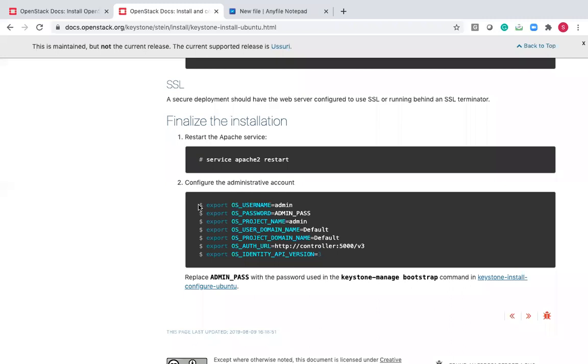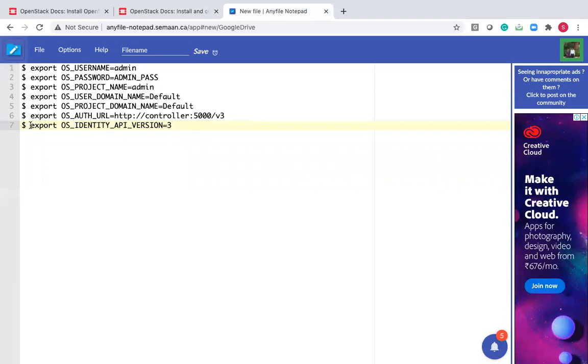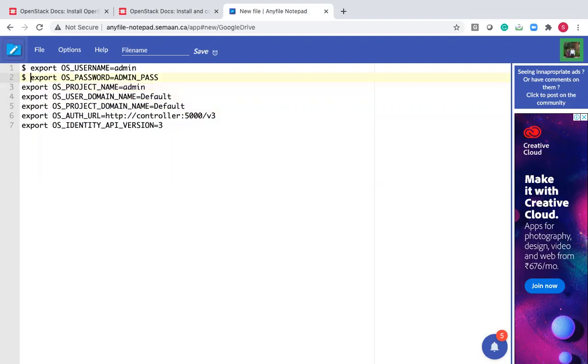Let me copy this and save it here. Actually, I will remove this, it's not needed. I need to update only one thing, that is the password. The rest of the things will be the same. Here the password is test123.